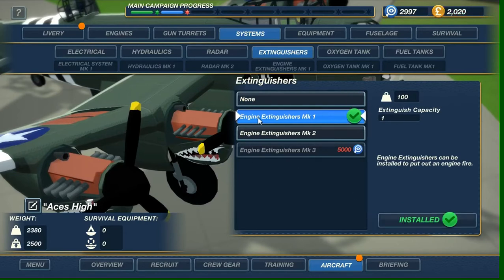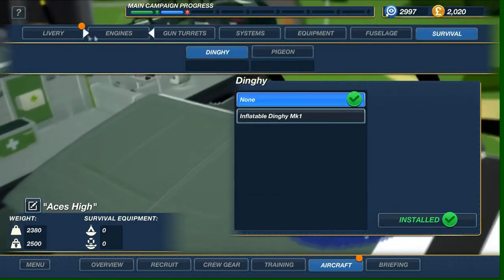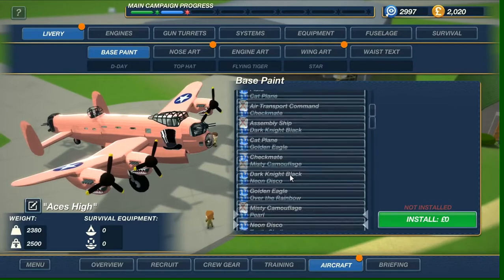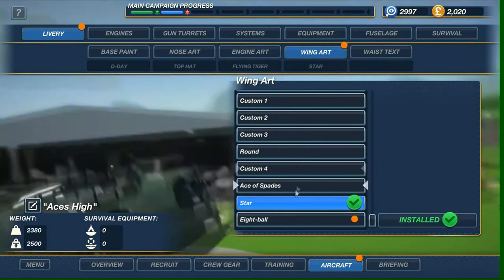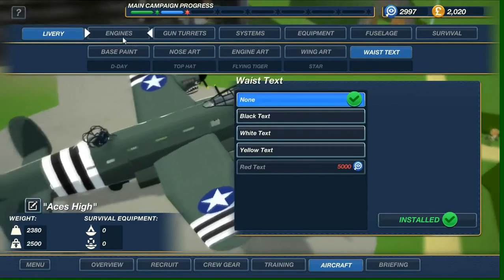I'm gonna go ahead and get the engine extinguisher here, that will be able to keep my people from... Yeah, I shouldn't lose my... Oh, that's ugly. Alright. No, I like my top hat. And no, I like my stars. Okay, so...